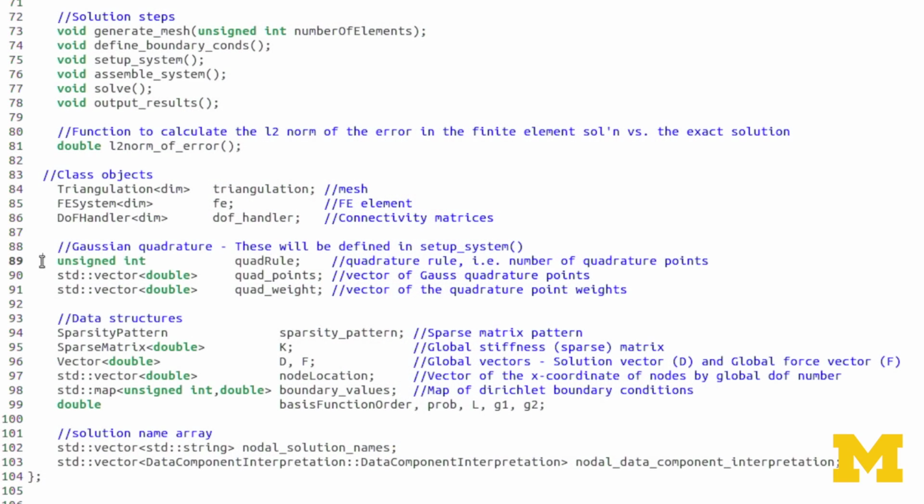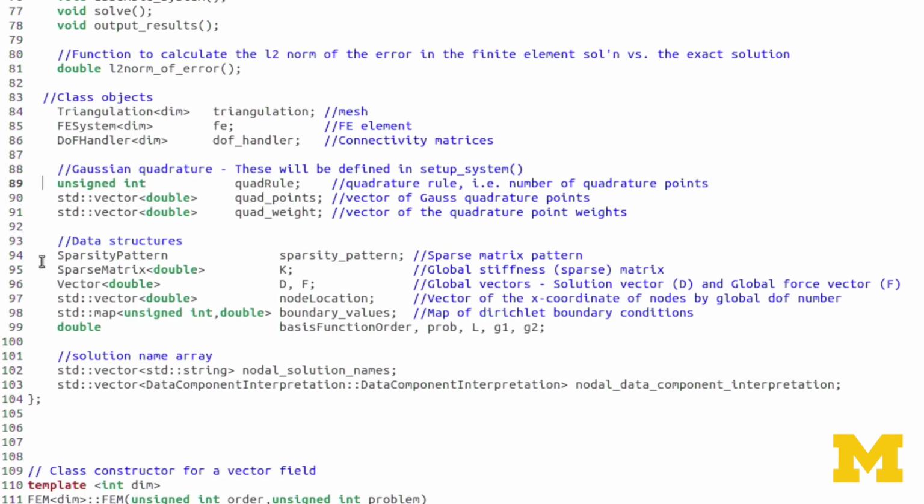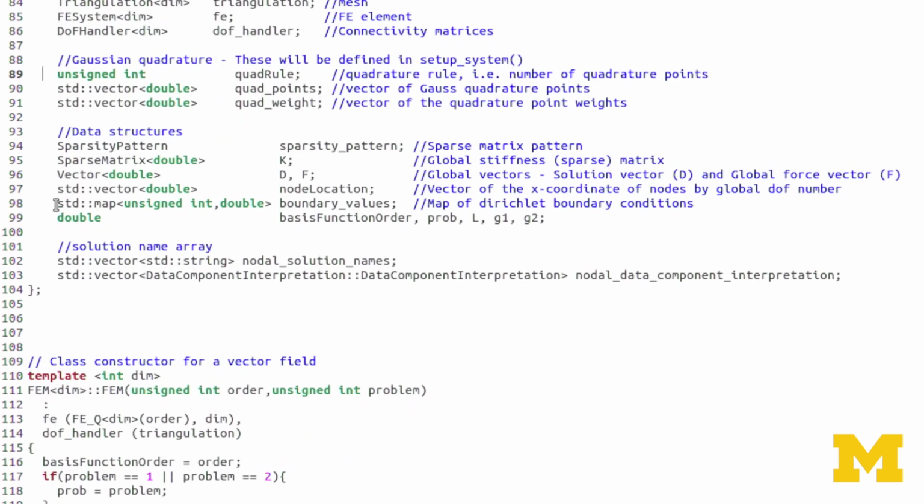Then we define what those quadrature points are, again in 1D, and the corresponding quadrature weights. So it's an integer, and the next two are standard vectors of doubles that we've looked at before in our review of C++.